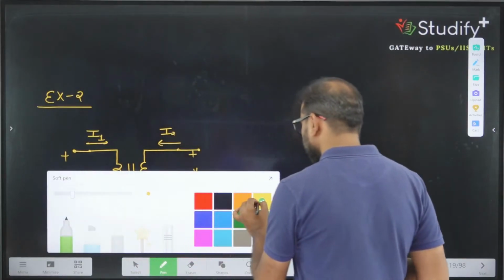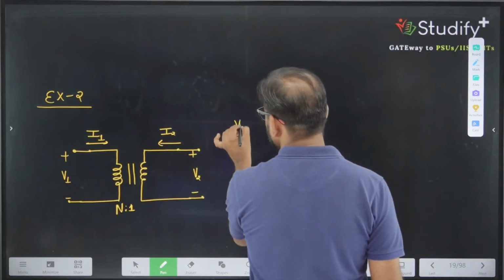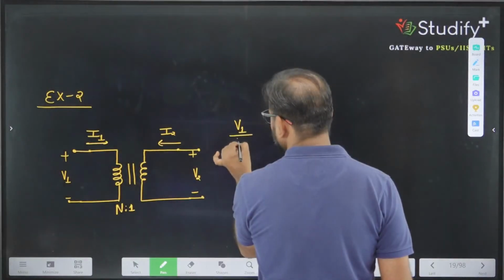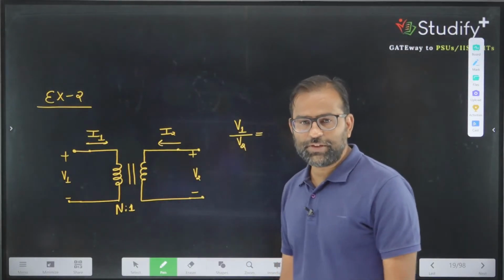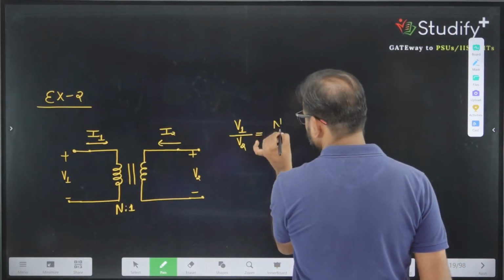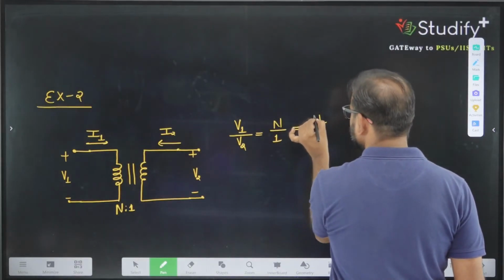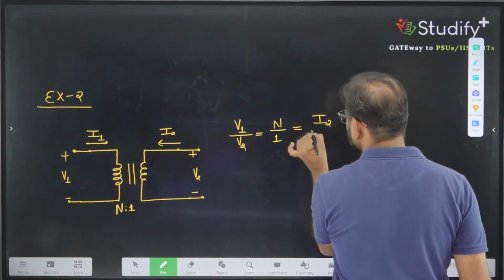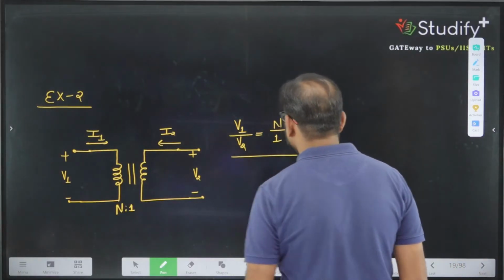What can we write? From this theory we can write V1 divided by V2 is equivalent to N by 1, and this ratio is equivalent to I2 divided by I1. This is the transformer equation. So you can say